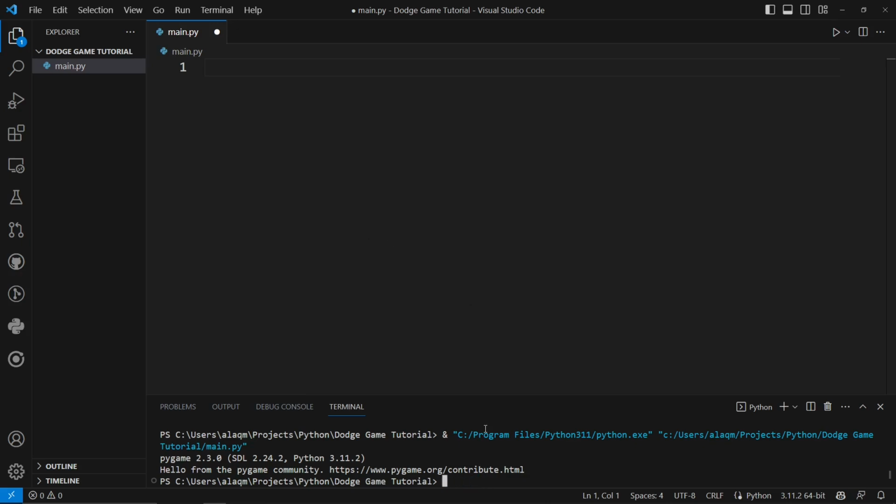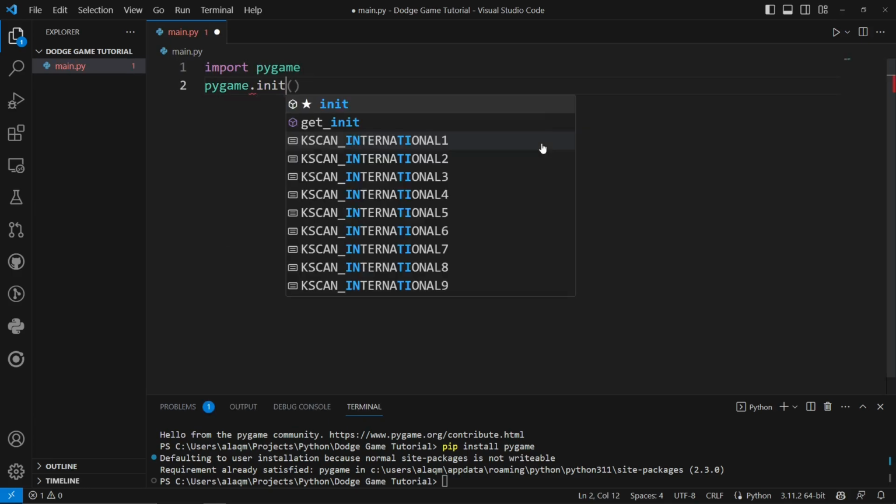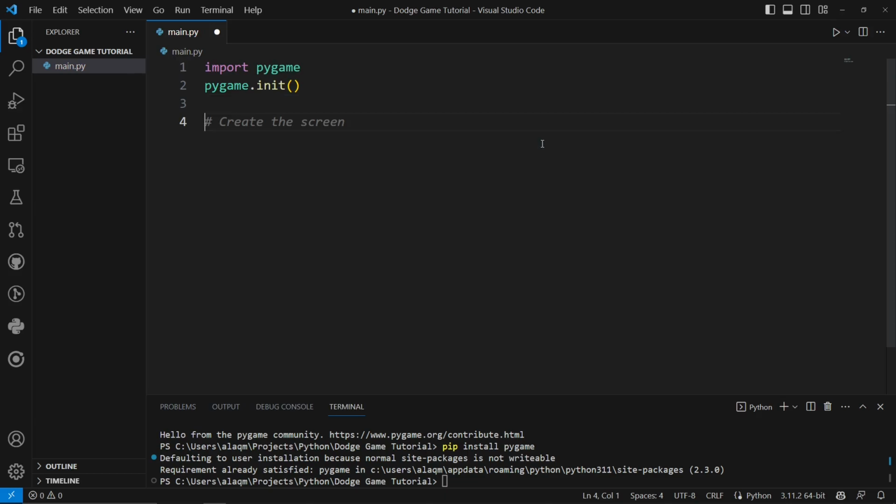So yeah, you just want to do pip install pygame. I already have it installed, otherwise it would do something more on my screen. But yeah, so you want to import pygame. Once you have pygame imported, pygame.init, because you need to initialize it. So you have the module imported, you have it initialized. Then you need to